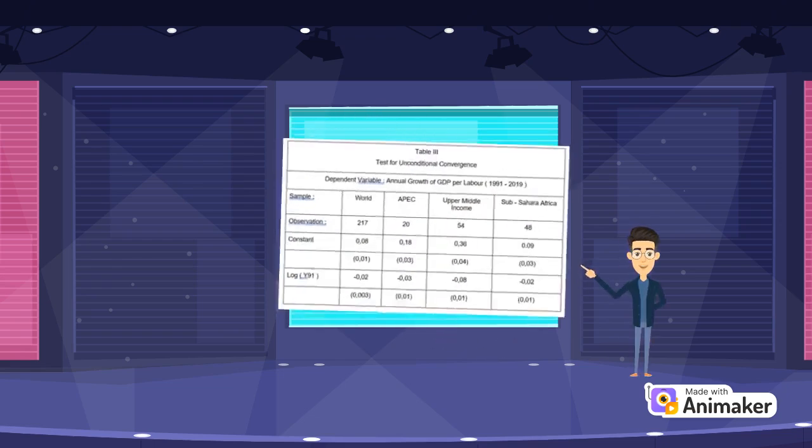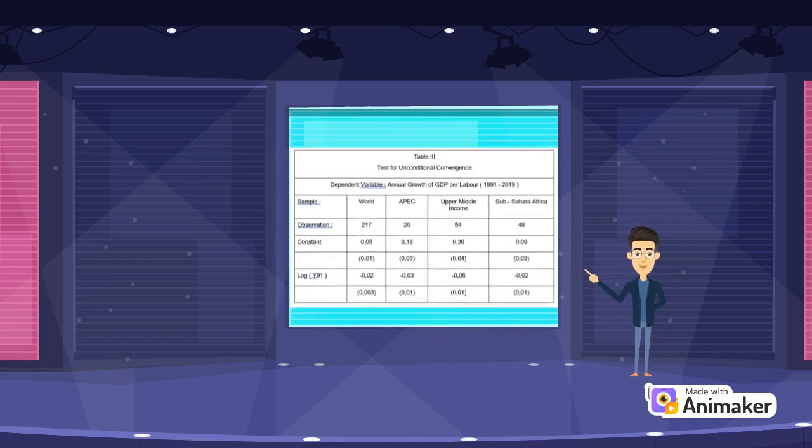By analyzing the table 2 regressions, it can be concluded that the constant variable shows significant positive results for all samples. Through the data obtained from estimation table 3, it can be seen that all measured data show significantly negative results. Moreover, the world sample shows a significant negative result that is quite large compared to other samples. This certainly shows the tendency of convergence in the world sample.